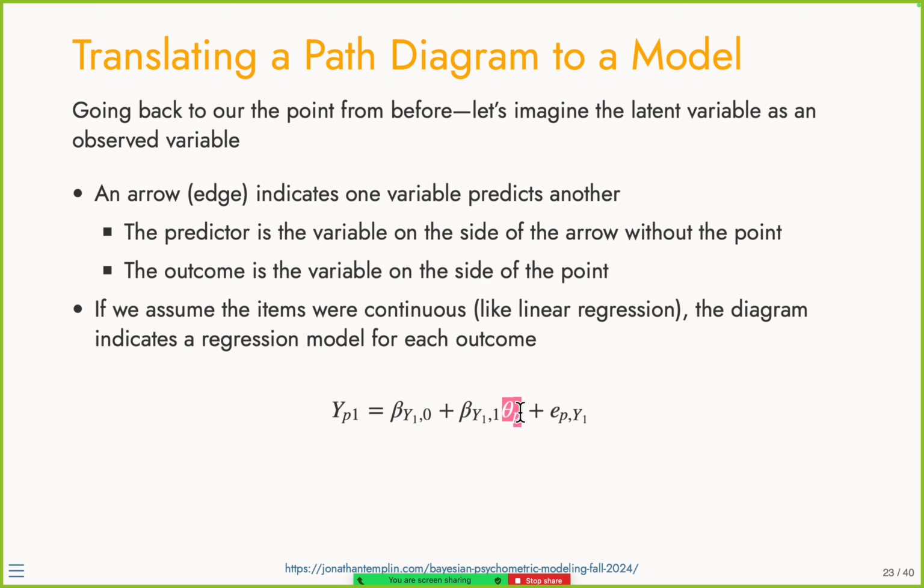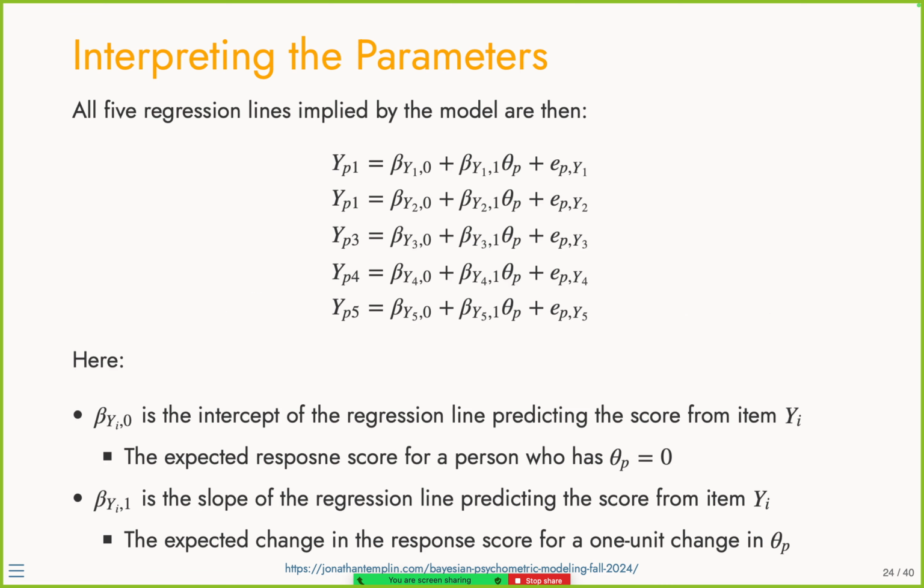If we could observe somebody's score, theta, we could put this in a linear regression and talk about how well theta relates to each of the items themselves. So the path diagram actually then is describing a multivariate model. There are 5 regression lines altogether for this 5-variable example, right? Each one of these regression lines has the same predictor. It's theta. But each regression line, and here's a mistake, this should be YP2, typo. But hang on one second here. I'll make a note. All right, fix slide 24 later. Anyway, point being,